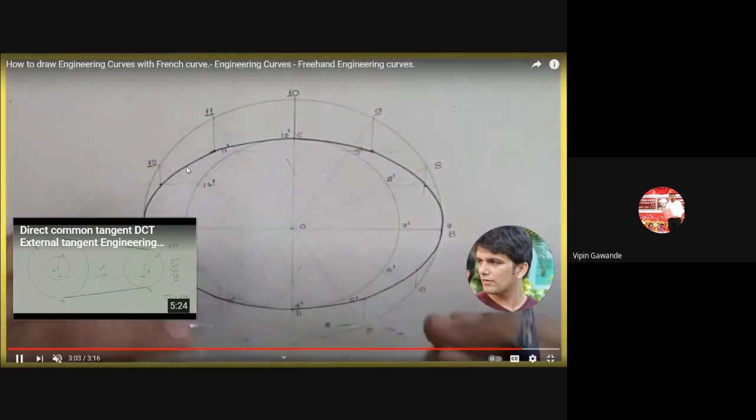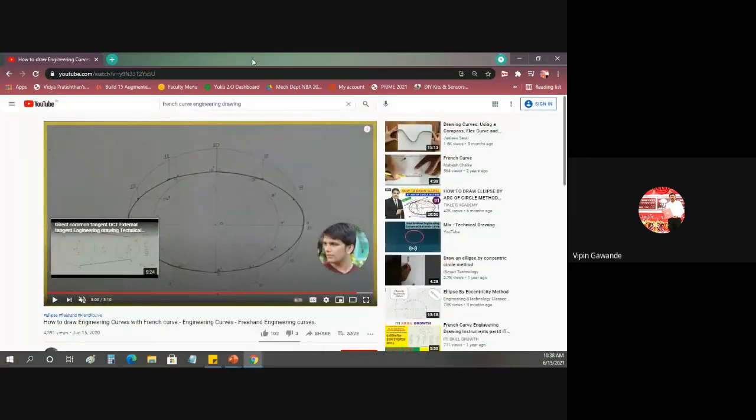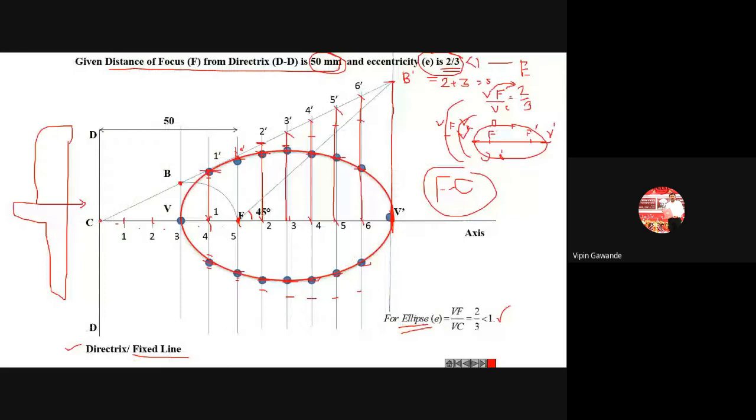So you have to take the smooth curve here like this. टोटल कर्व कसा दिसायला पाहिजे, सो द कर्व मस्ट बी कंटिन्युअस. ओके, सो इट मस्ट बी कंटिन्युअस. तर इथे पण आपल्याला काय करायचं आहे, we have to put here the French curve. We have to adjust the French curve so that we will get here the curve something like this. So 3 point join करायचे. ओके, नंतर इकडे बघा 3 points येतात काय तर.